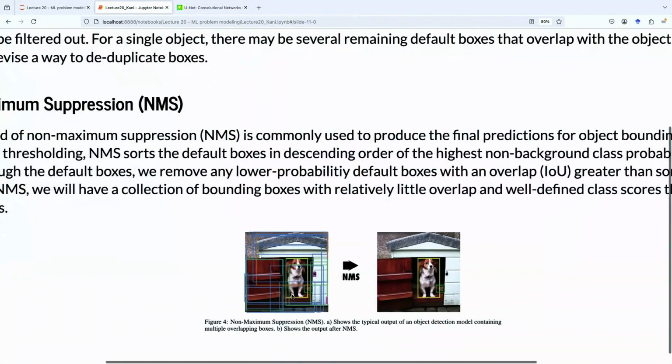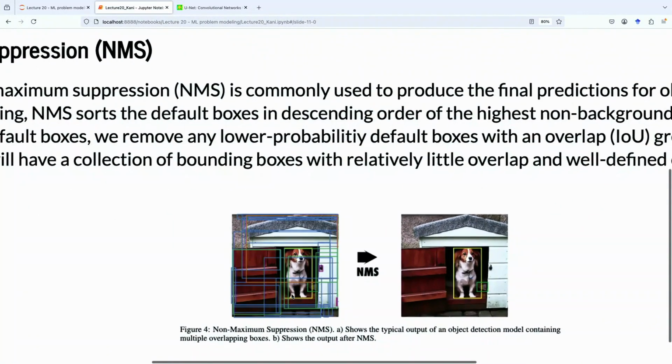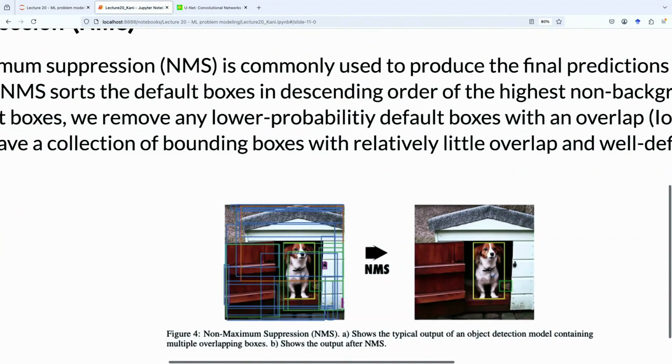The idea behind non-maximum suppression is that we simply want to take the bounding box with the highest confidence and suppress the other bounding boxes that overlap it and have lower confidence scores. Our thought process is that the bounding boxes that overlap this are probably identifying the same object, especially if they have the same class.